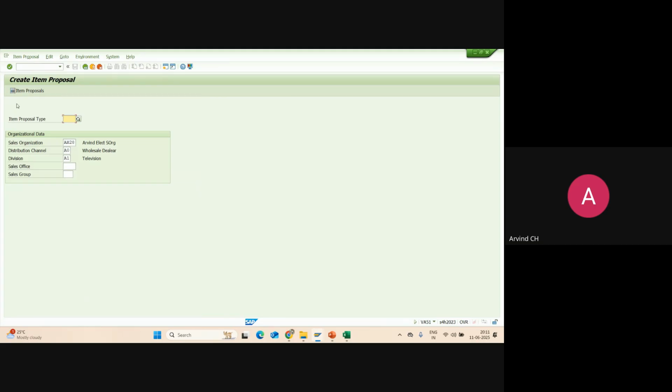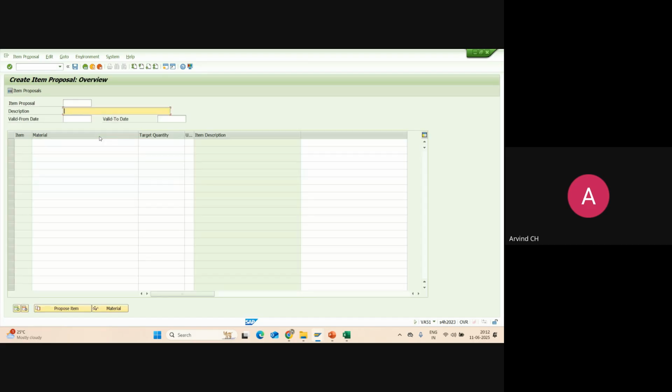And here, item proposal type. It is nothing but the sales document type or order type. As I told, it is a PV. PV is nothing but an item proposal. Press enter. So once you enter here,